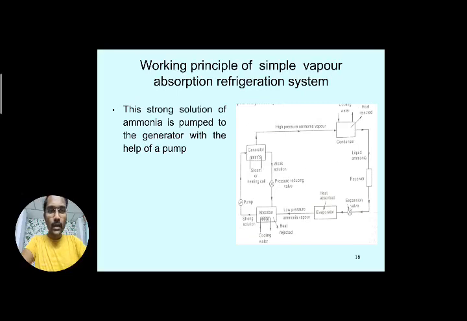Now the other thing: why do you have to place the pressure reducing valve in between the generator and absorber? Because if you are not placing a pressure reducing valve, the weak solution with high pressure created in the generator comes with high pressure, and that high pressure gets built into the absorber. Due to that, this low pressure ammonia vapor will not enter the absorber component, right? Whatever solution is there here, that solution will try to move into the evaporator component due to its high pressure.